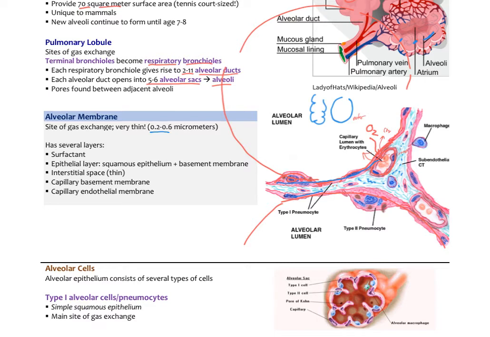There is a basement membrane both on the epithelial layer as well as a basement membrane, I'll draw it in green here, around the capillary. And then the capillary endothelium itself, and then the blood inside. So those are all the different barriers between the outer world of the lungs here and our inner world of